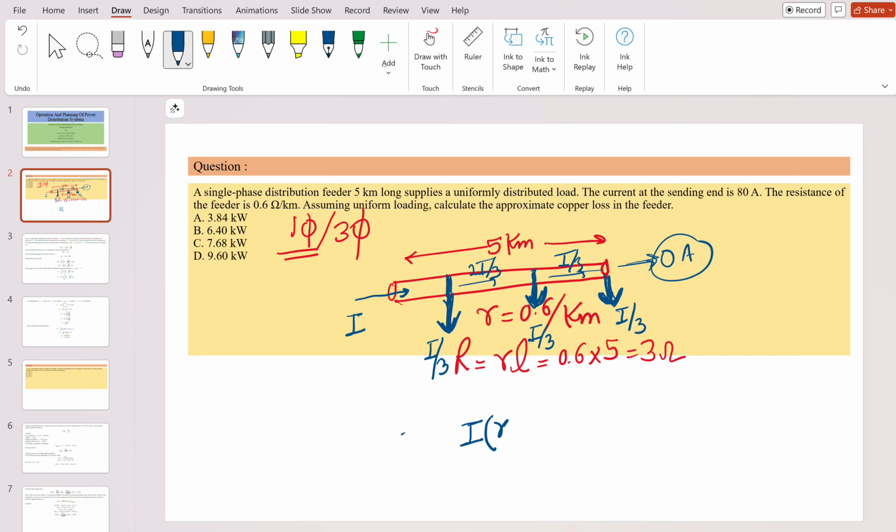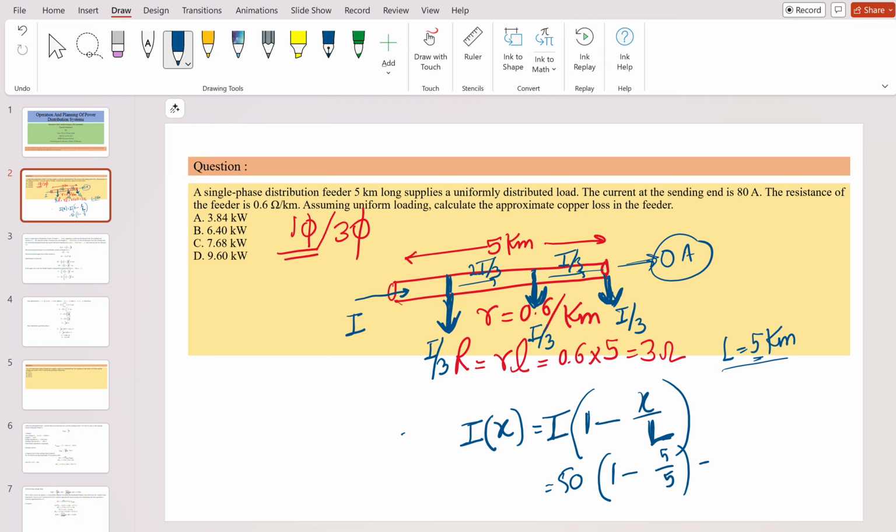Suppose I wanted to add a length x. Whatever the current I is, we can say that the current is equal to 1 minus x by L, where L is the total length. Suppose L is equal to 5 kilometers and 50 ampere current is flowing here. At the end, at the 5 kilometer length, 1 minus 5 by 5, you will get 0